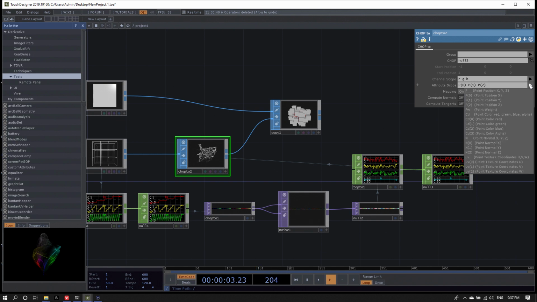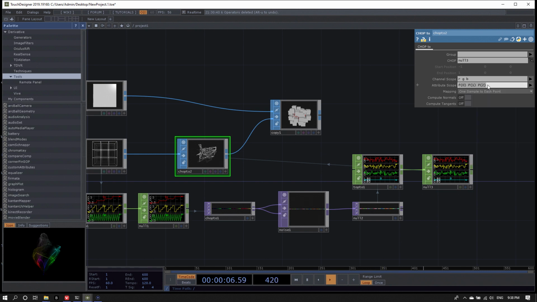What I rather want to do, and I can explore that if I click on this little drop-down menu behind the attribute scope parameters here, I can see, okay, it has point position, point color, point normals, point texture coordinates, and those point color attributes are exactly what I want to control. So instead of P0, P1, P2, I would want to have CD0, CD1, CD2. So let's change that parameter here as well.